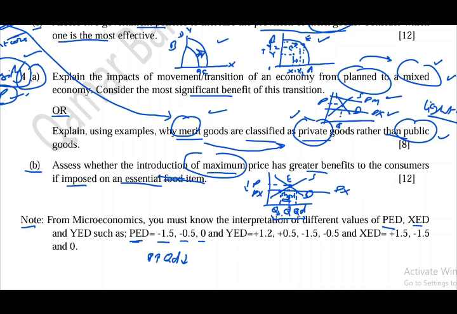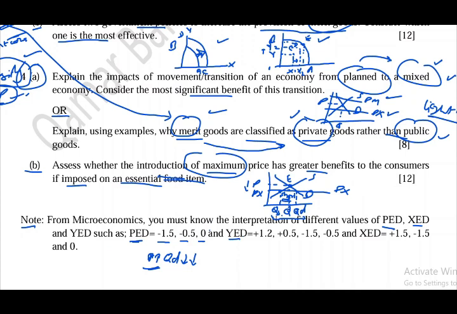Elastic demand means a little change in price will lead to greater change in quantity demand. For example, if we increase price a little bit, then demand should decrease a lot. And 0.5, which is less than 1, we consider the value instead of the sign. Sign is just to identify the negative relationship, while the value is representing whether the demand is elastic or inelastic. So 1.5 is greater than 1, so it is elastic, means small change in price leads to greater change in demand, and 0.5 is less than 1 and it shows that greater change in price will lead to smaller change in quantity demand. And when it is 0, it means that change in price does not affect demand.